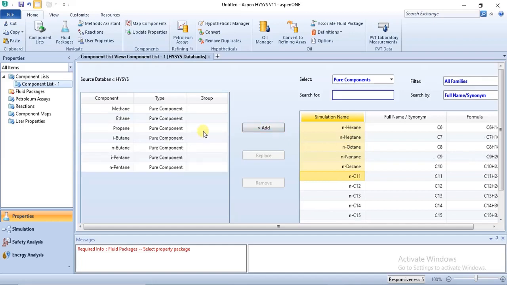So it automatically adds all of them at once rather than adding them individually. Or you can hold down shift,